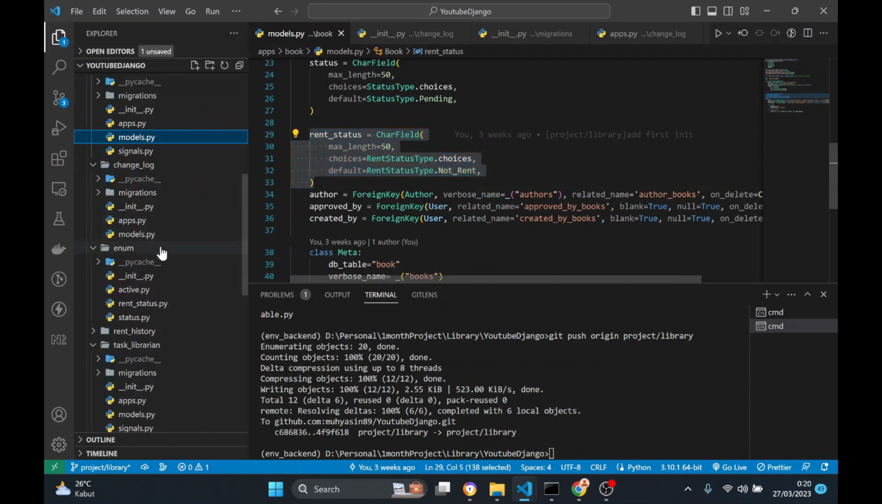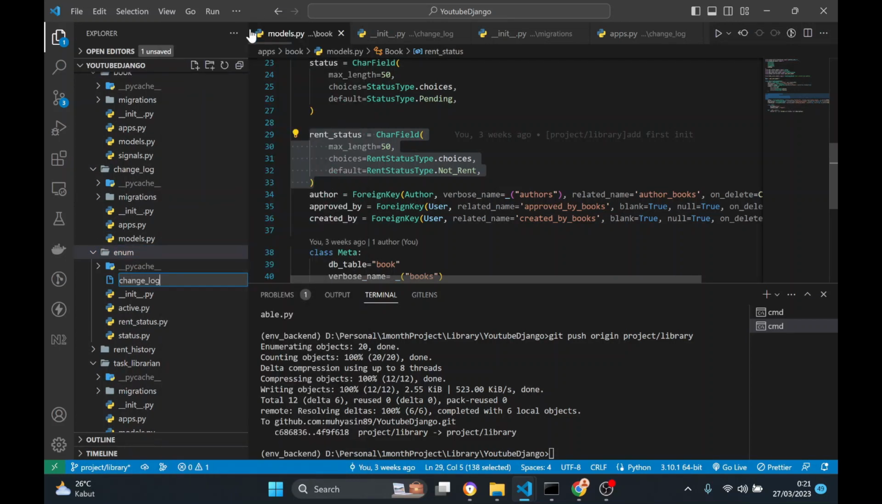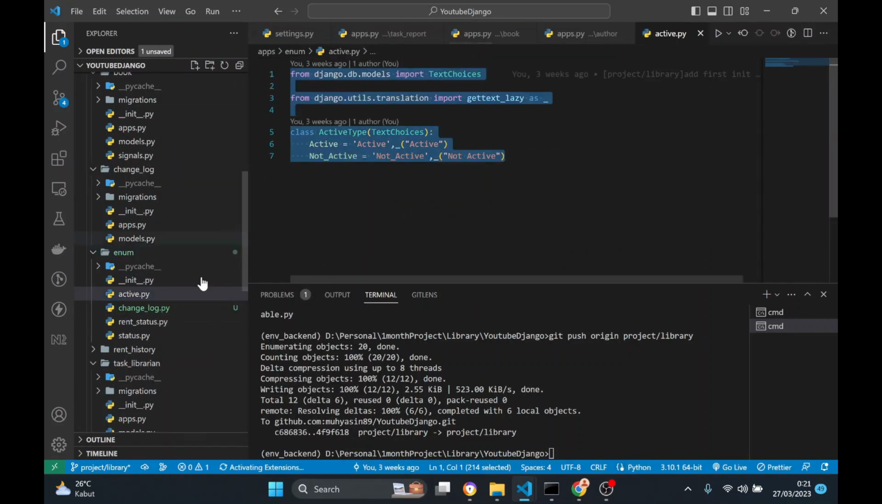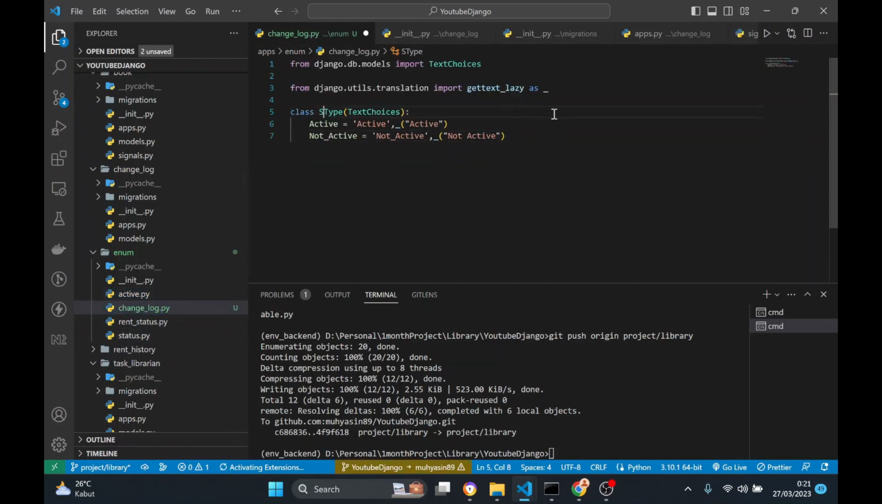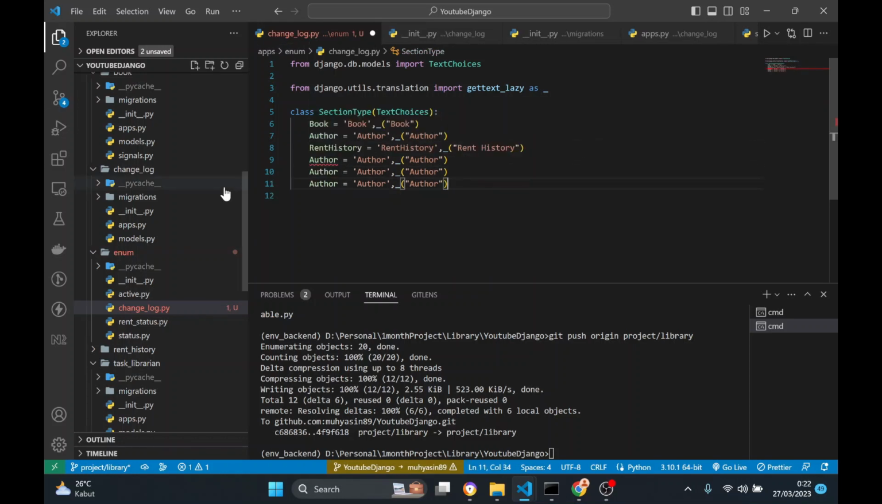And just copy this one and put it in enum, make a new file, it's changelog, right? And just copy this one, and section type is going to be books. Just copy books, and the other one is going to be author, and copy this one. Add others like history. So copy this one, just don't forget to add the others. Copy this one. There's a lot in here, and